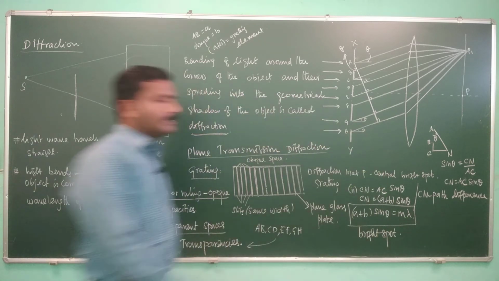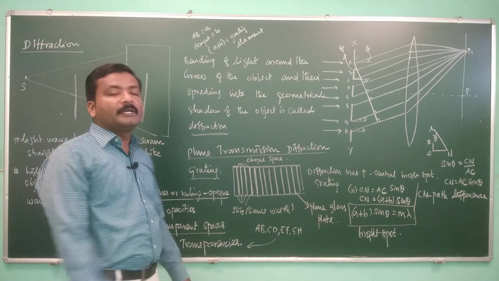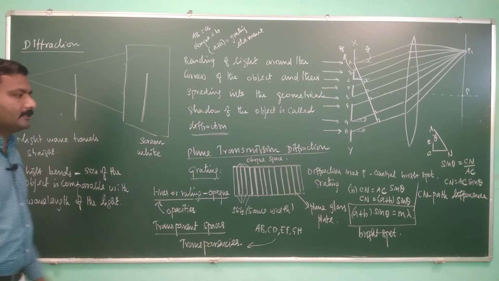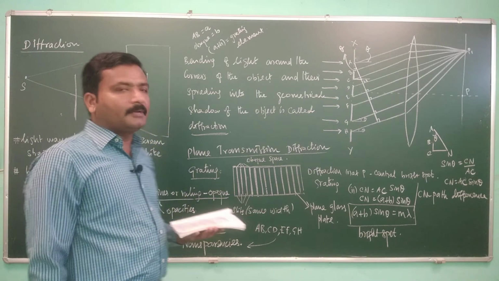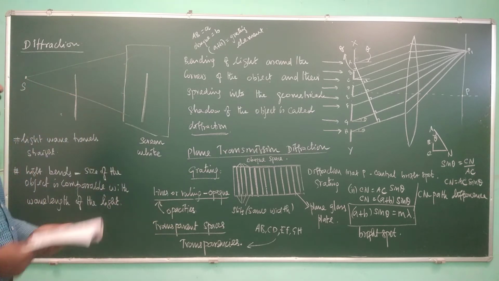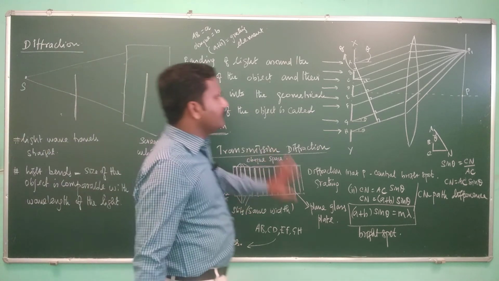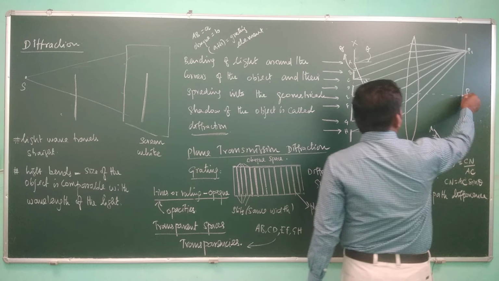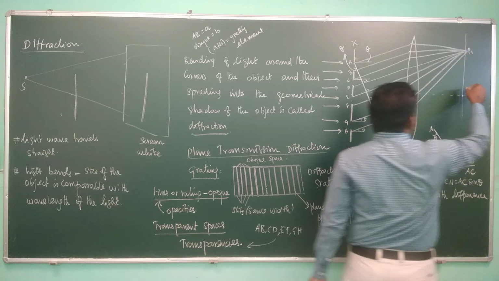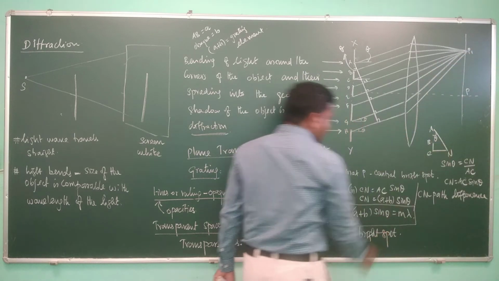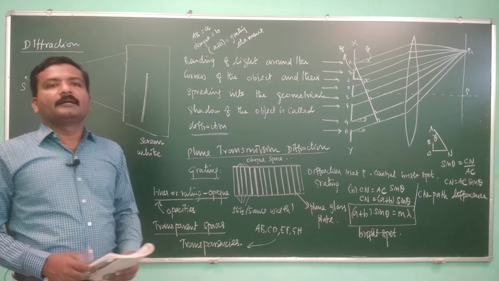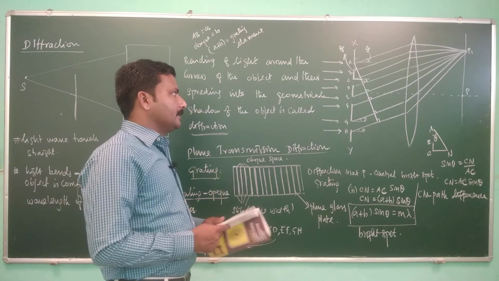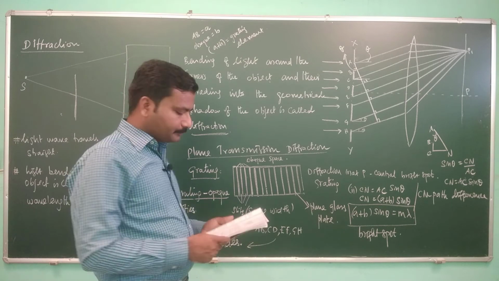Then we can expect a bright spot where m runs from 0, 1, 2, 3, 4 and so on. That is, (a plus b) sin theta is an integer multiple of lambda. The lambda is the wavelength of the incoming light ray. In that condition, wherever from P2 towards P1 point this condition is satisfied, there we can expect a bright spot. In all other cases, the spot will be dark or less bright.